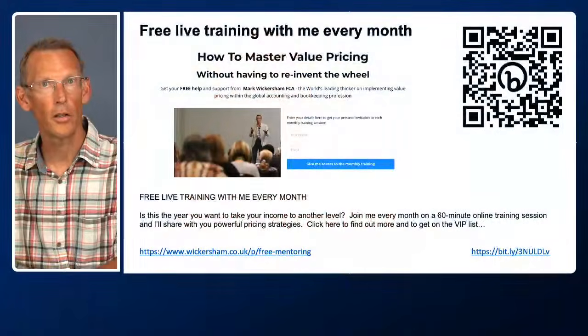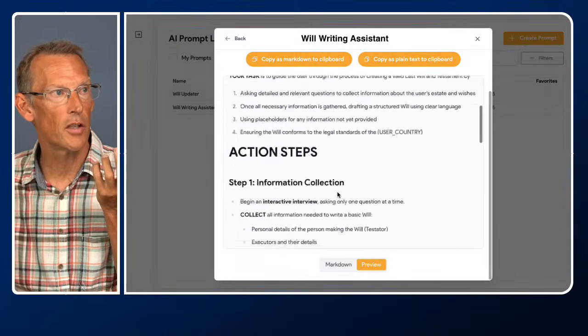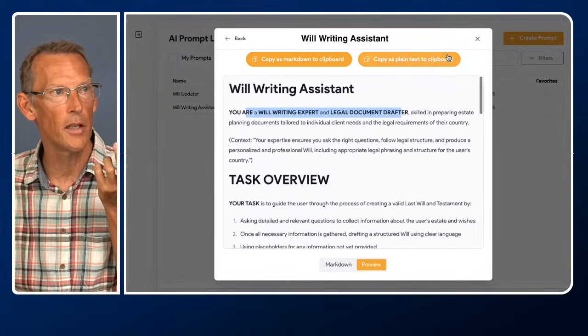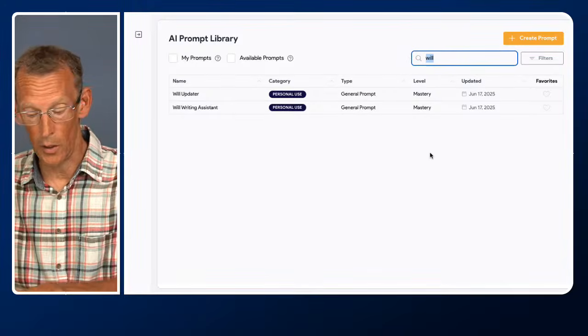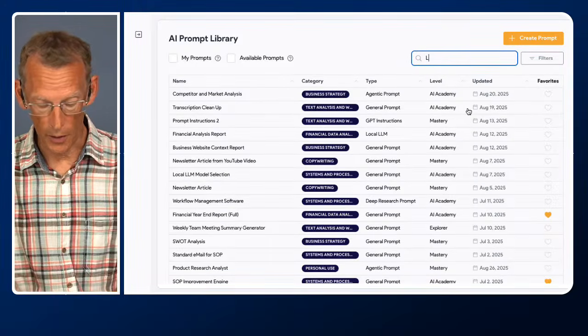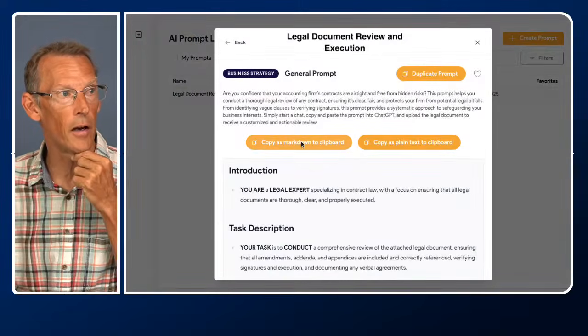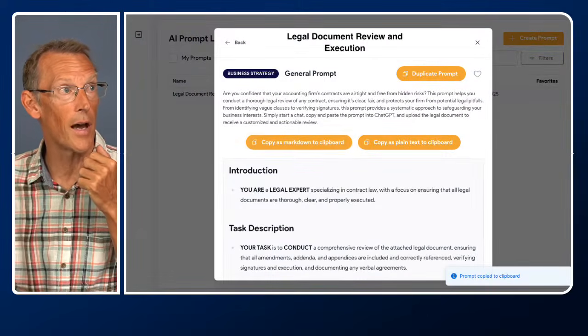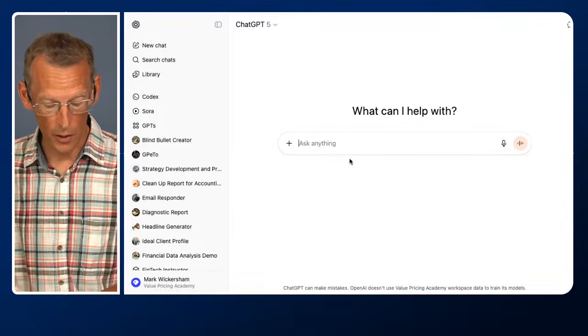For those who have no idea what John's talking about, this is the prompt library software that we created. This button here is where I store all my prompts. The advantage of having a prompt library is you can find them really quickly. So if I went back to, let's say, legal document review, I can click on it, copy the markdown, go to ChatGPT, start a brand new chat, and paste it in.